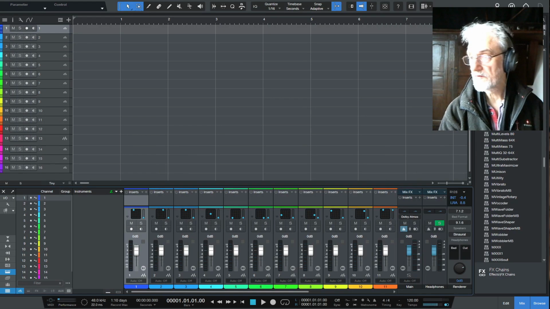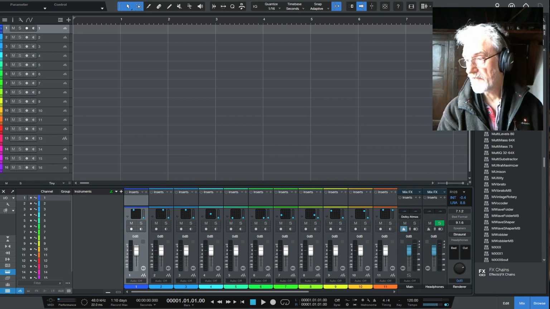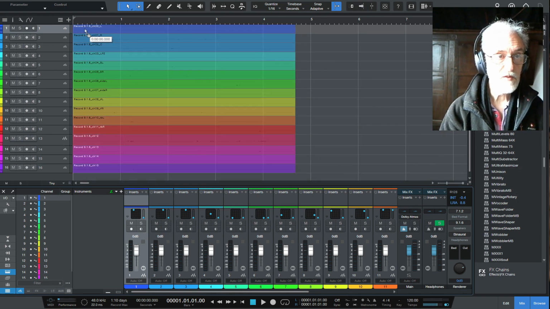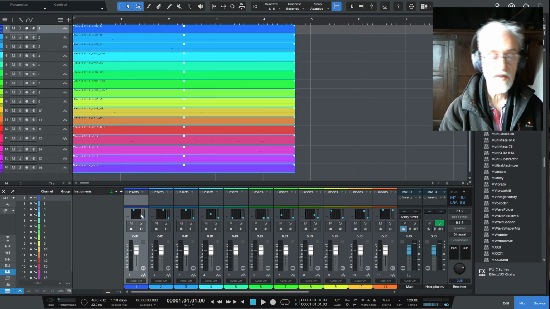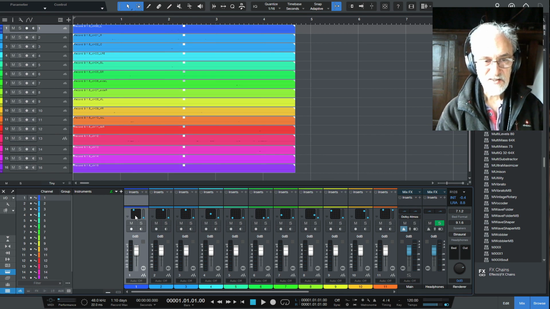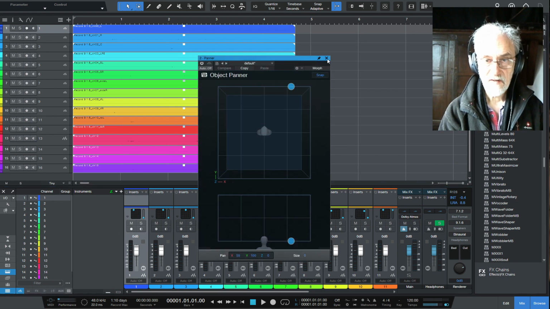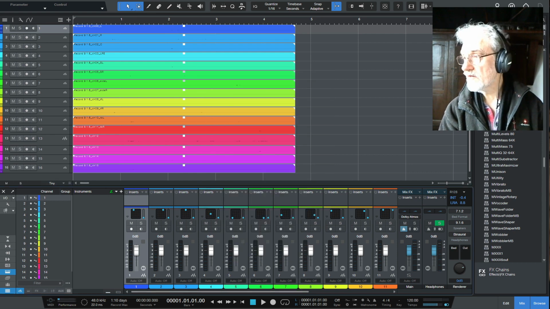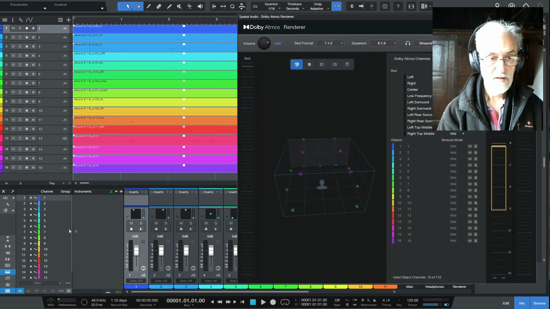So I will drag these files on my tracks from track 1 to track 16. All them I connected to the correct spatial location through the object banner, left, right, center. And now if I play the project,